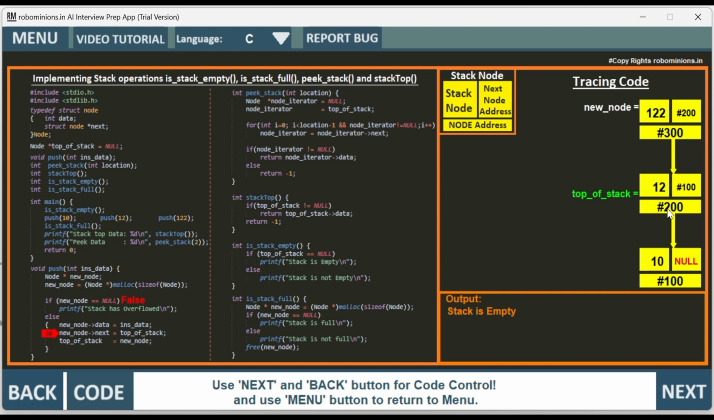Top of stack right now is at the location hash 200, hash 200 is assigned. Top of stack equal to new node, so now top of stack equal to new node, comes out of the else condition, comes out of the push function. Okay, and then we have is stack full, so that checking is done, so it goes to the is stack full